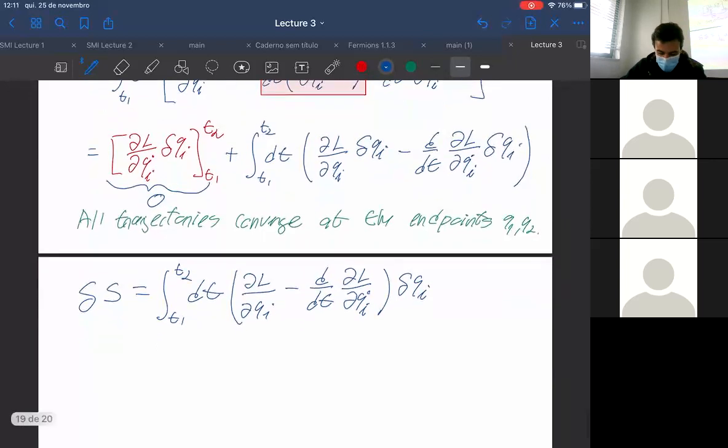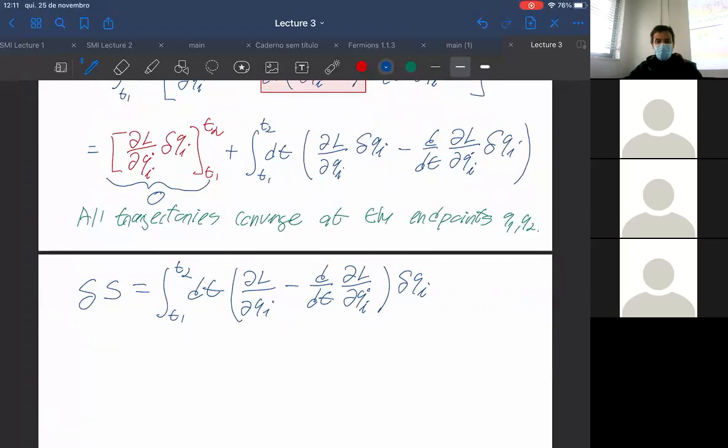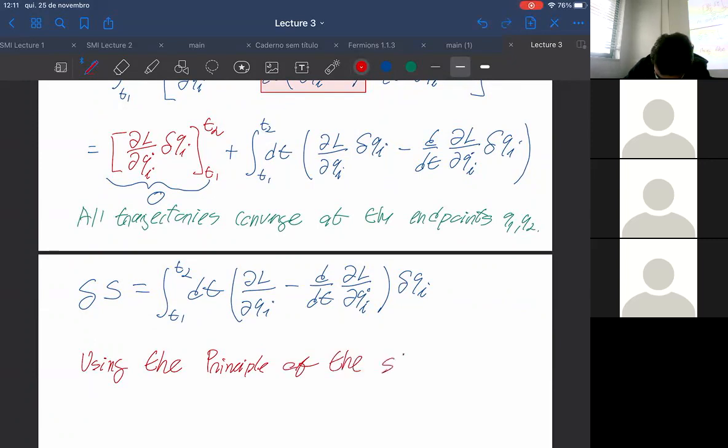And now, using, in general, this was the discussion, the principle of the stationary action,